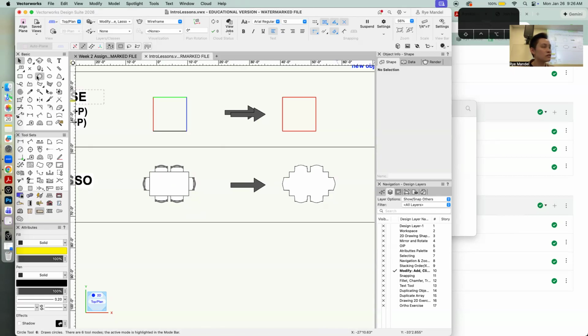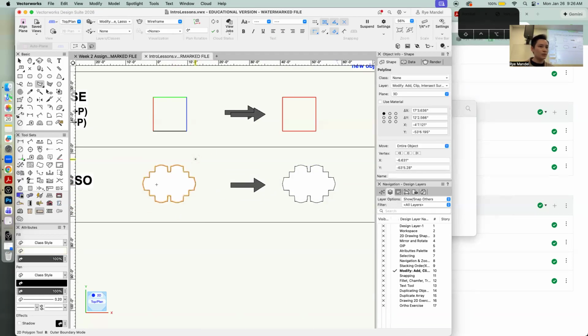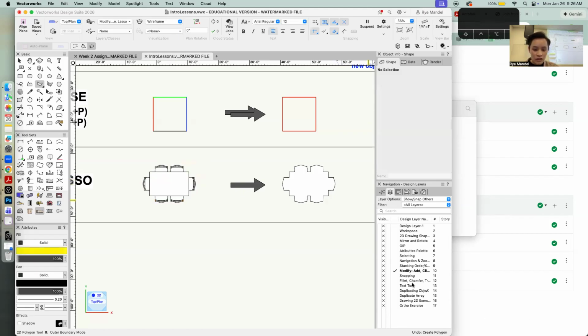lasso. You can go over to your polygon, or sorry, you can go over to your polygon. So that's 8, and then there's a mode up here that you can click on, and then you can circle around it and select all of it, and then it becomes one object, and you can place this underneath it, and then it just fills out all of your spaces that aren't filled in, and it can just be a really easy way to do it. So that's two